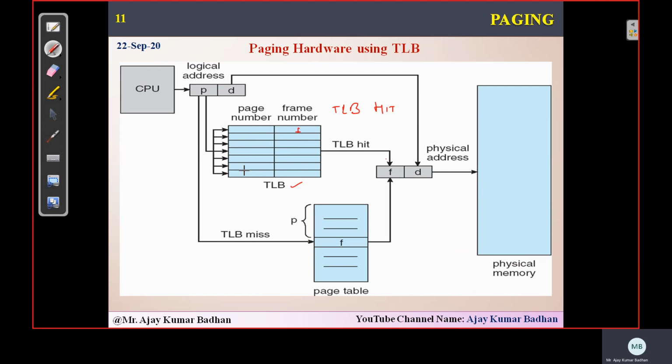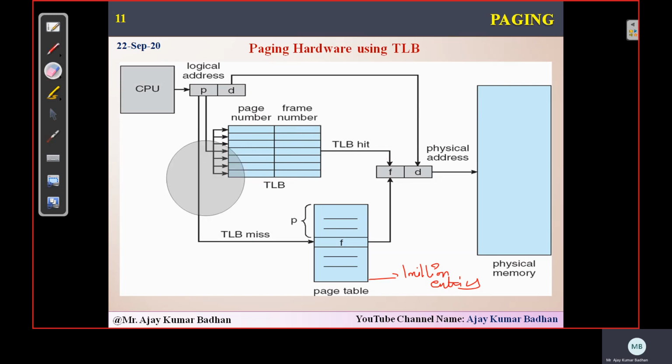Now, definitely this is a cache, so it also has certain limitations. The memory is very small in size. Remember that. A cache will have maybe 4 KB or 5 KB, not more than that. Generally it supports around 32 to 1024 entries, not more than that. A page table can support even 1 million entries, but your cache can hardly support 32 to 1024 entries.